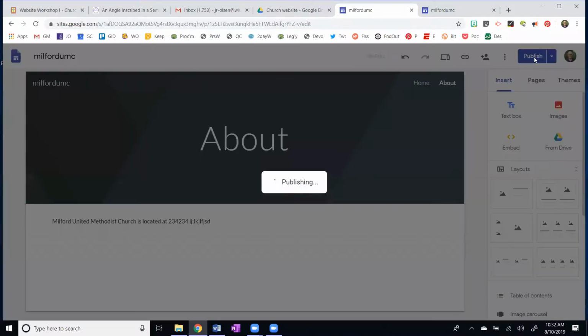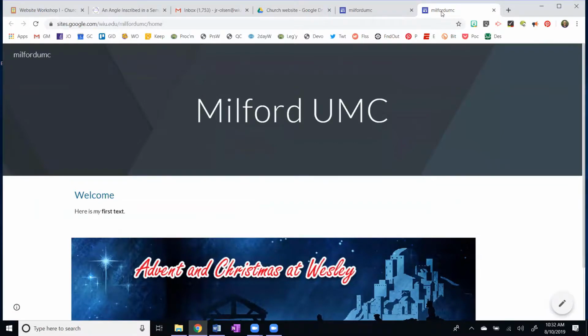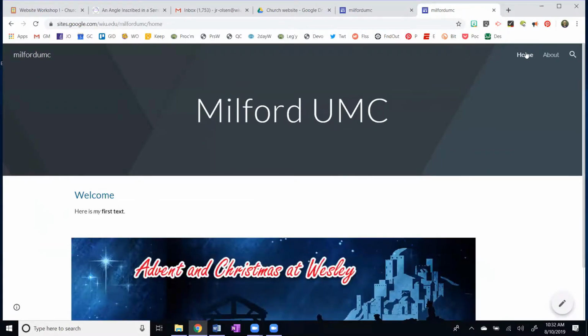Now I'm going to hit publish. And it's publishing. And now I'm going to come over to my other tab, which is the actual website. Now I do need to refresh this because the website is new now. So however you want to refresh, right here is the reload or refresh. And notice something very important. Up here in the upper right-hand corner, we have a little menu started for us. I got 2 pages in my website. Woohoo! I've got a home page and I've got an about page. If I hit this about, it takes me to the about page. And I can always jump back to home, okay? The nice thing about this is it's doing a lot of the work for you, okay?